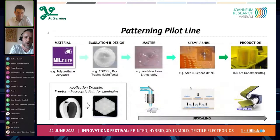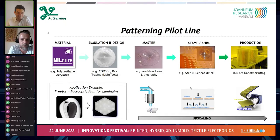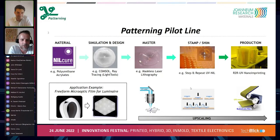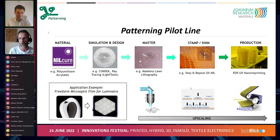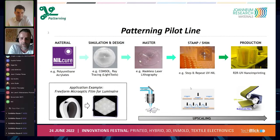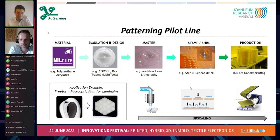And what we have established over the last decade at JOANNEUM Research is a so-called patterning pilot line, where we start with a material. We develop our own material, which is a NIL cure. It's like polyurethane or acrylates, which we can adjust to the specific needs later on. Then we have the simulation and the design by software tools to identify the optimal structure. Then we make the mastering, for example with MALA, maskless laser lithography, and the upscaling from the master by step and repeat